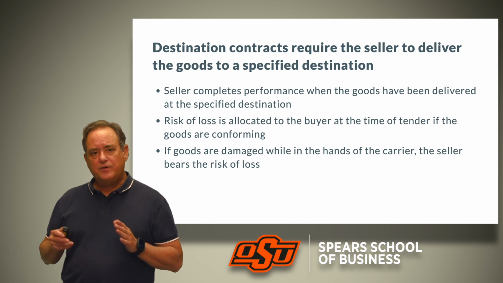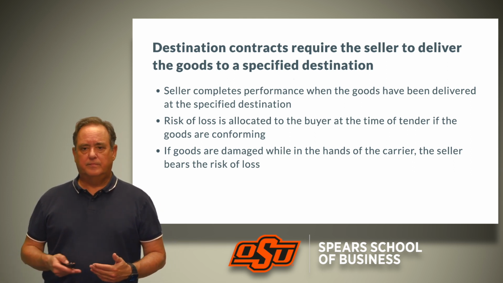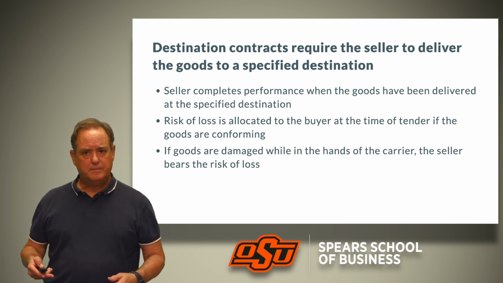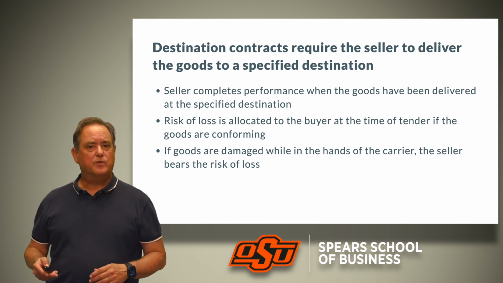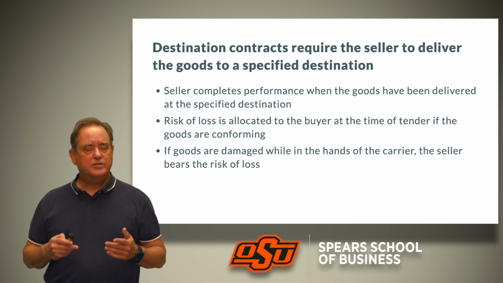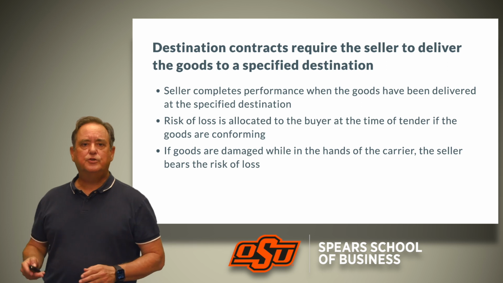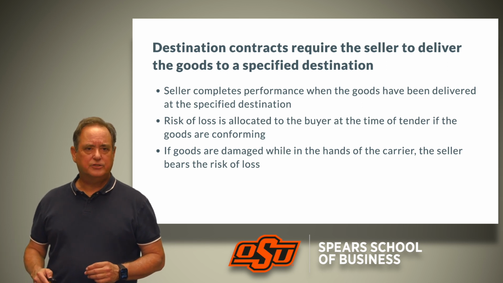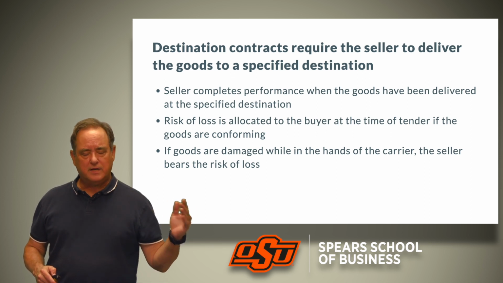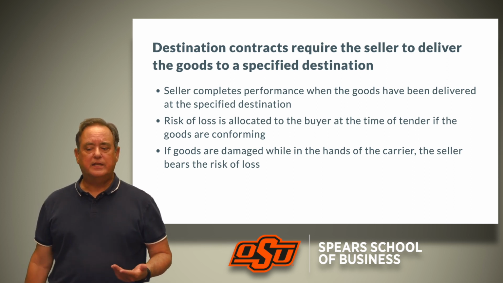This means that if goods are damaged while in the hands of the carrier, say the semi-truck carrying the goods slips off the road because of ice, the seller is going to bear the risk of loss. So destination contracts: a destination contract will specify that the goods are to be delivered to a specified destination. With destination contracts, risk of loss does not pass from the seller to the buyer until the goods reach the